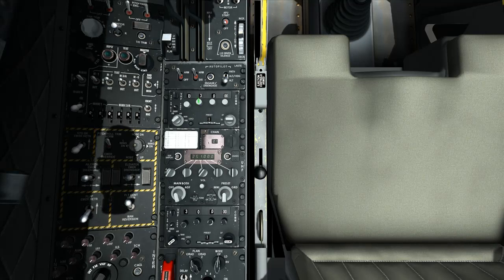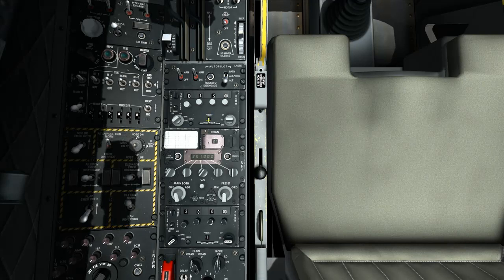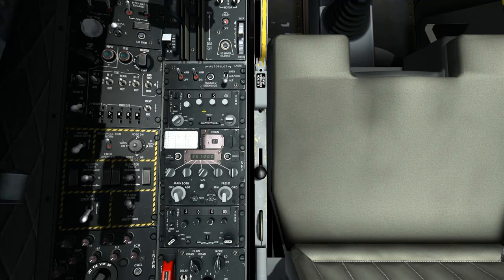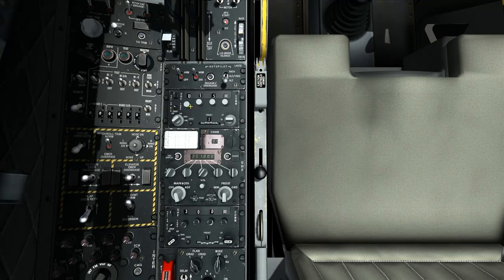The next frequency is 134.5, and in order to load it into channel 2 we roll the dial and click the load button, and the same with 135.5,